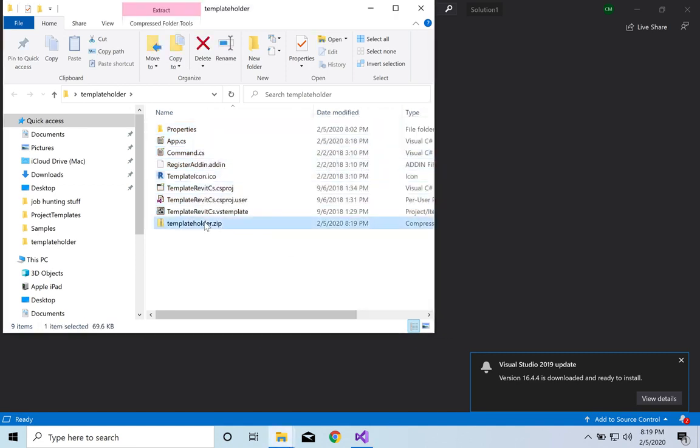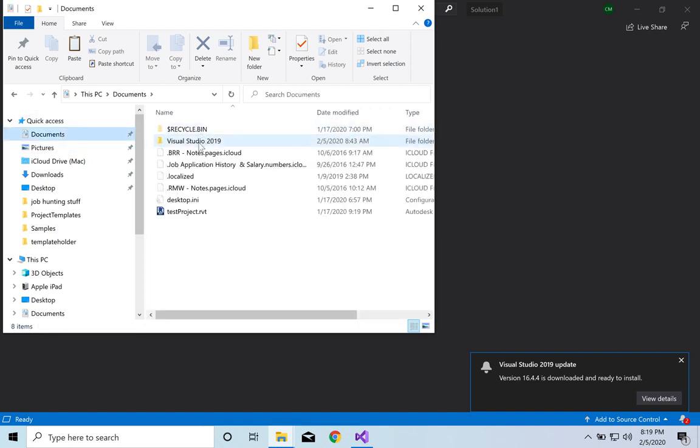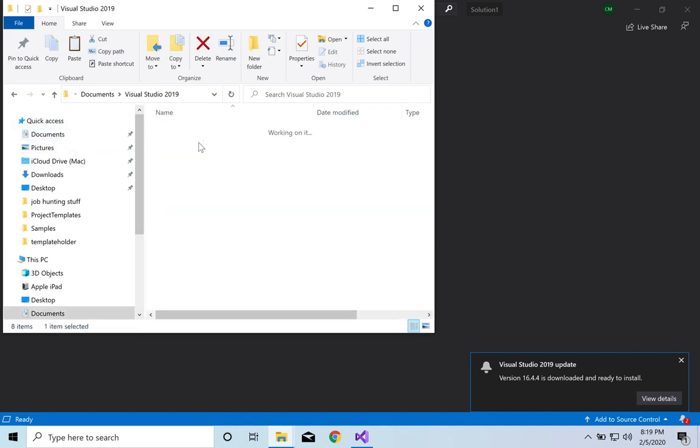And boom, great. So copy that guy. And then to get to our template folder, we're going to go to Documents, Visual Studio, Templates, Project Templates, and we're going to paste our guy right there. And so now,